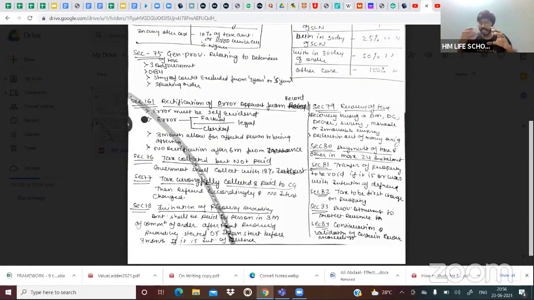Okay, so this is something very important because it only revolves around these three. What is the rule, and what is the exception, which means how is the rule broken. Next, what is the solution? How do you make good, or how do you compensate for the rule broken? These are the three steps. So here, the solution part is very, very important. Is it within 30 days or within 15 days? Is it 10%, 20%? So highlight the solution part